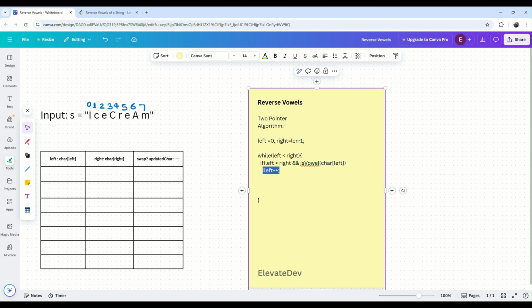Similarly, we will pick this scenario and move from the right end, and I will check whether my right pointer is a vowel. If it is not a vowel, then simply decrement it. Else,